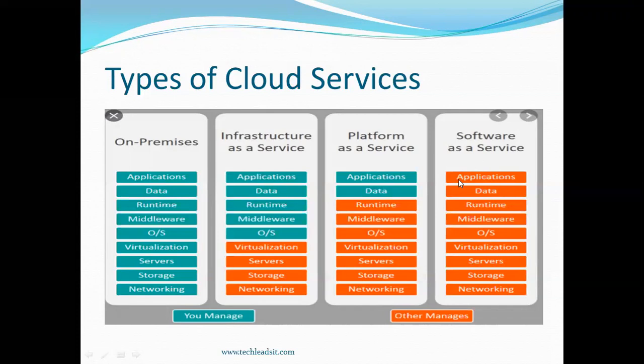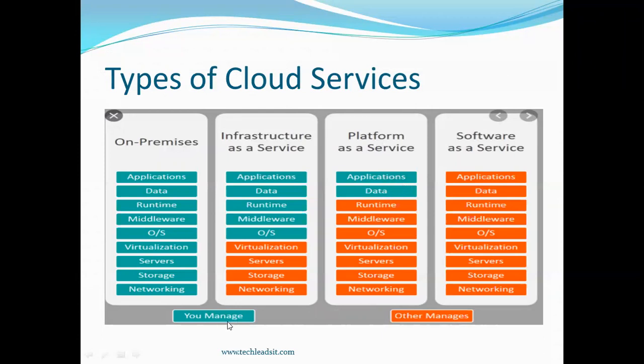There is no organization involvement here. We just take a subscription from Oracle and use their application for our business requirements, which is the SaaS model.